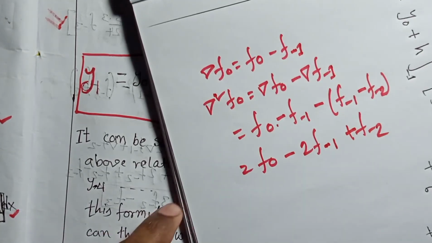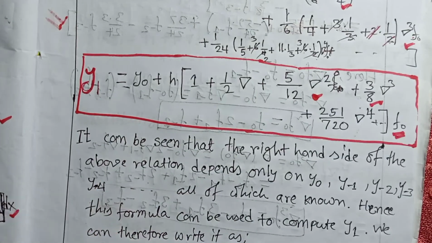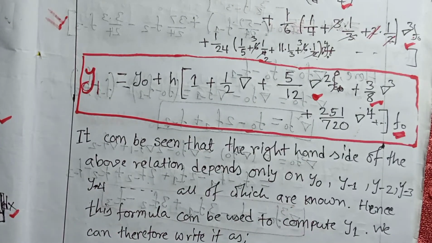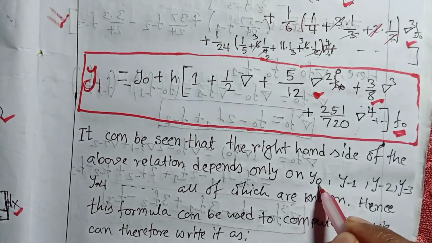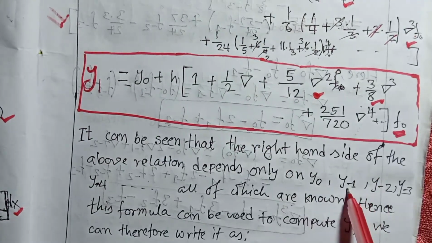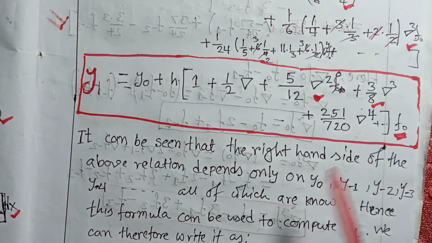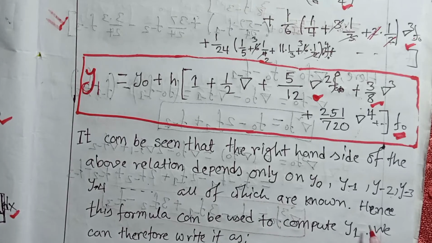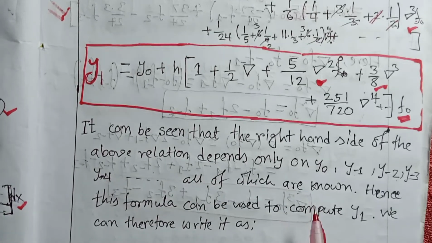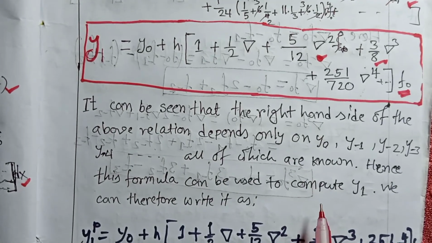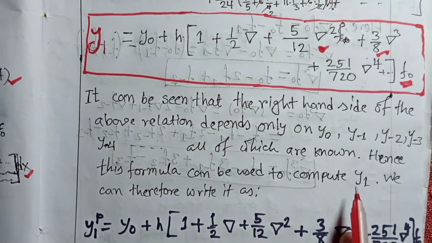So we can see that the above relation depends on y0, y sub minus 1, y sub minus 2, y sub minus 3, y sub minus 4 as it is, all of which are known. Hence this formula can be used to compute y1. We can therefore write it as,